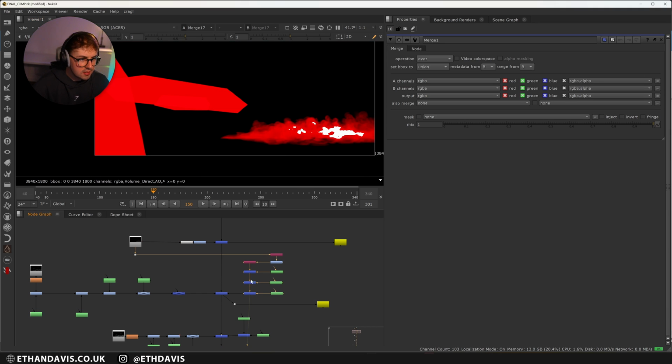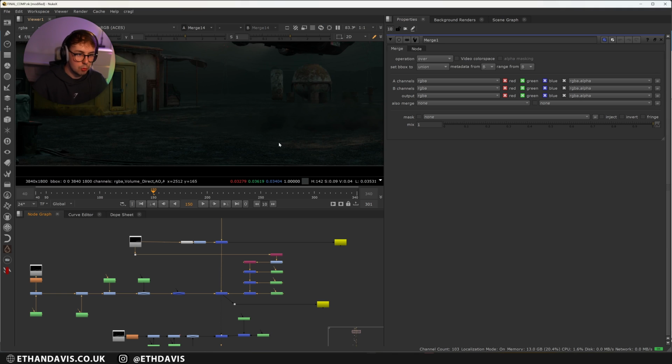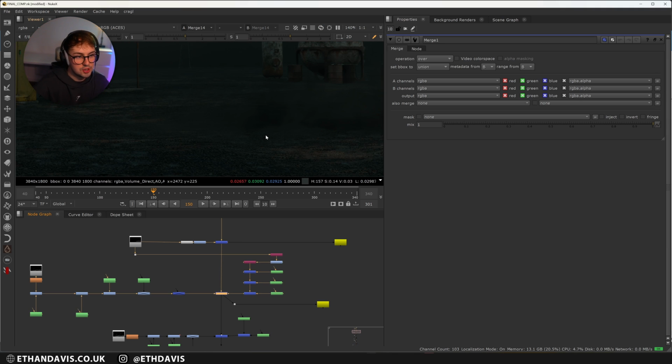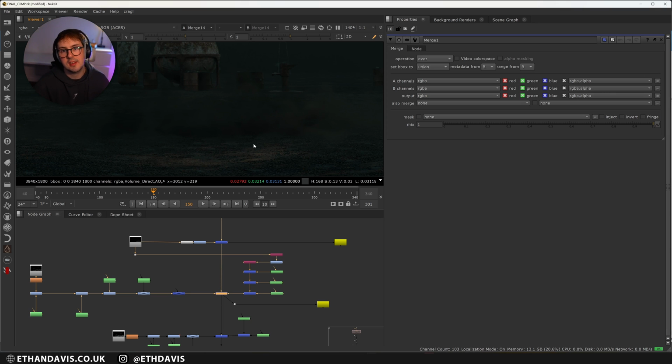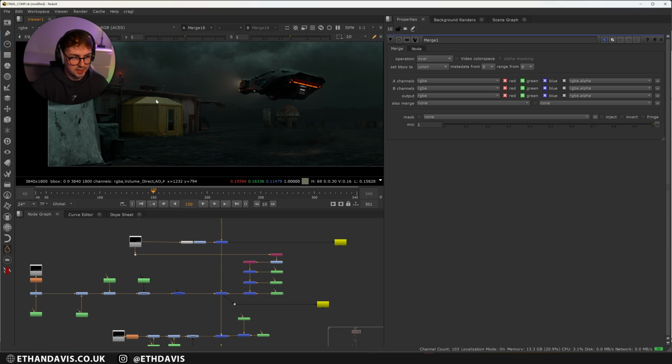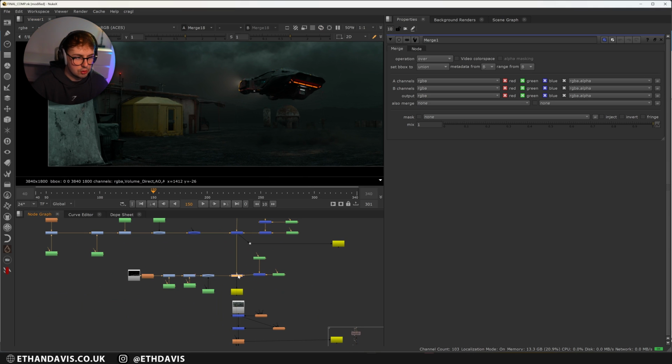So essentially I created a mask. I used the actual RGB of the smoke, and I also rotoed my own mask so that I could then blend where the rain was happening. So essentially the smoke is creating a mask of where this rain can appear, which allows the smoke to be over the rain, but also under it, if you get me. And then I also added in the rain again, but on a smaller level, just so I had a little bit more control over it.